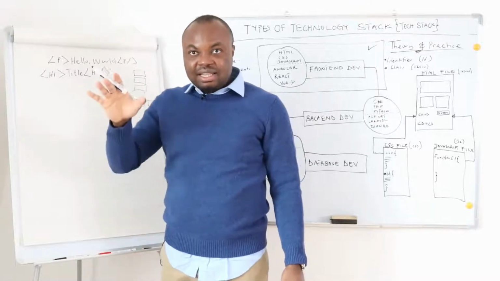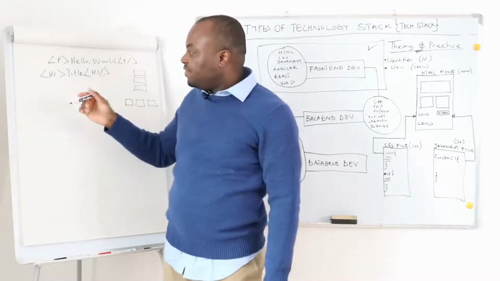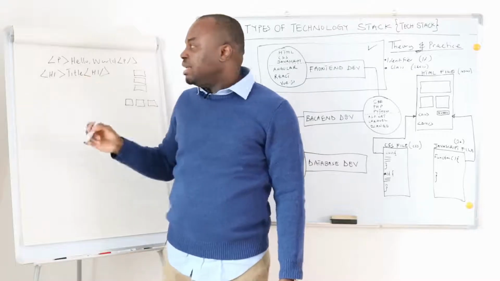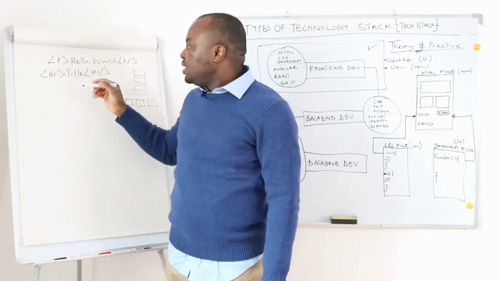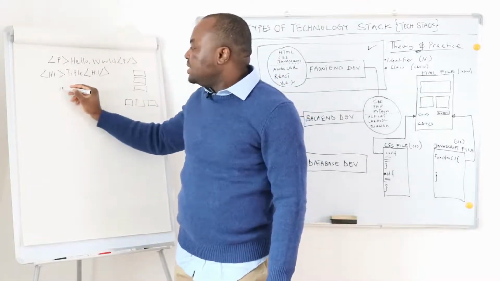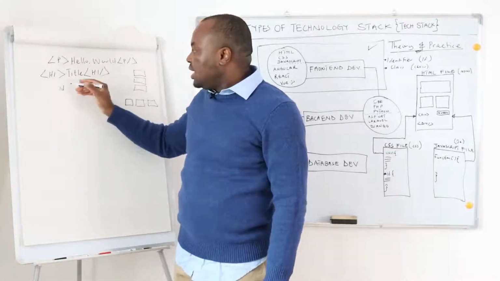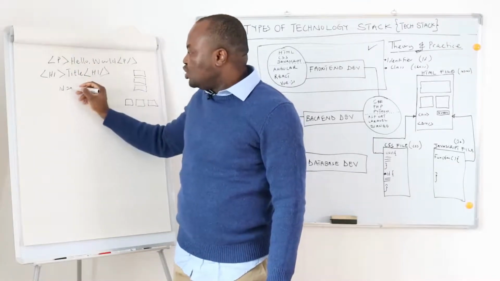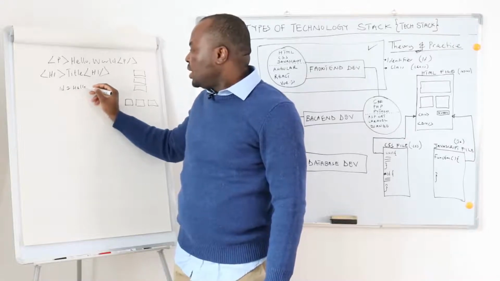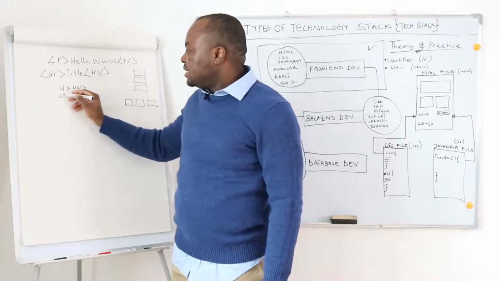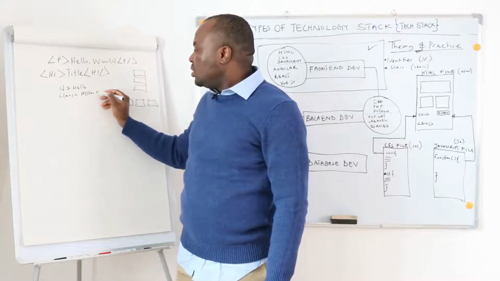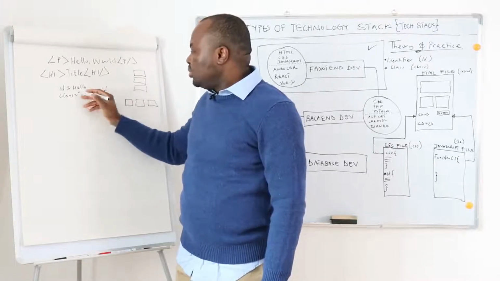Identifiers and classes are the method you use to identify individual HTML tags, individual HTML elements. If this is my hello world, I can identify this with an ID. To identify this, I can say the ID should be, let's say, equal to hello, and the class should be equal to, let's say, hello world. So this should be the class.